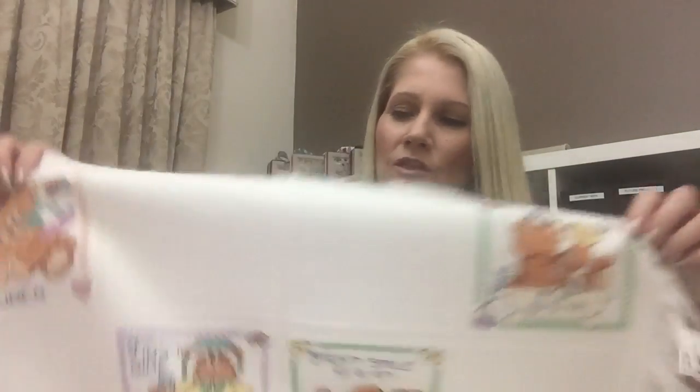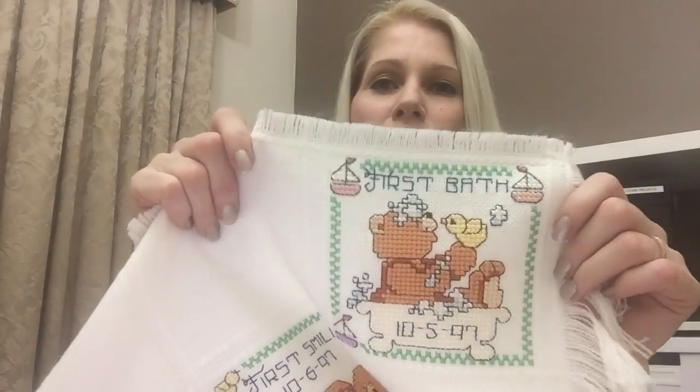Oh, it's huge. I really hope you can see all that. So what I did was I stitched each of the bears and then I filled in the date afterwards. So we have the date of birth, then we have first bath,